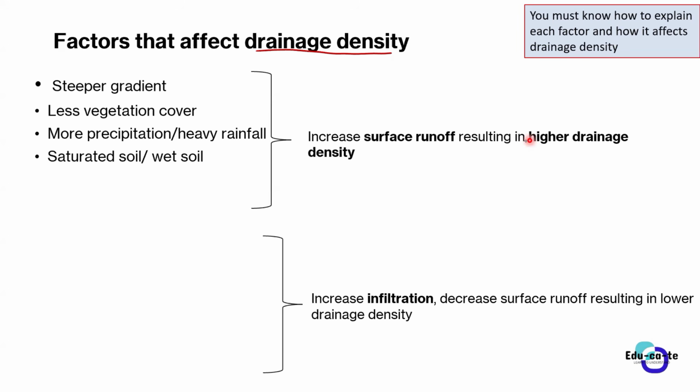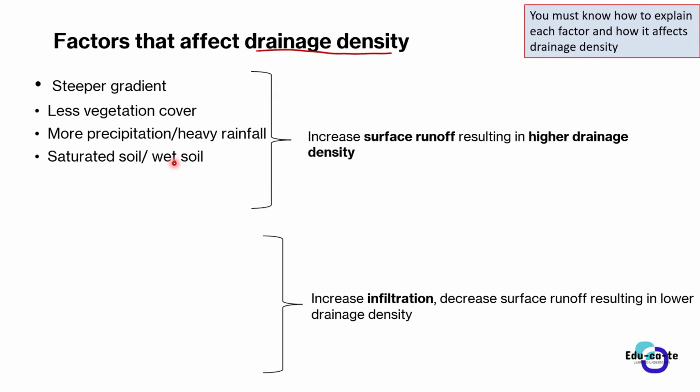The other one which we mentioned, the saturated soil or the wet soil. Remember, guys, when the soil is wet, it means that the soil has got moisture content. Remember, guys, we made a difference, and said we can have dry soil, we can have wet soil. Take for example, if you have got the soil closer to the rivers, that is wet soil. Usually it is wet, right? It is muddy sometimes.